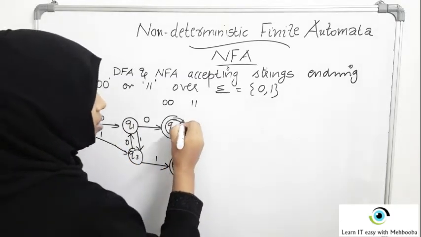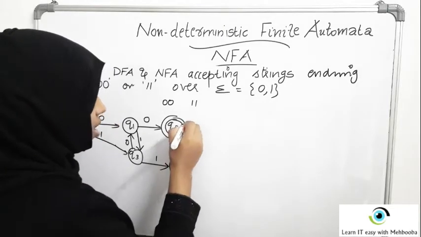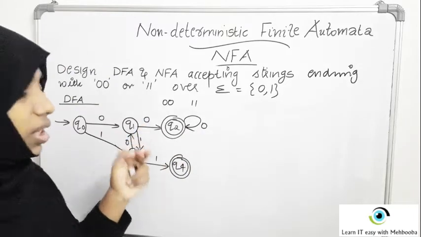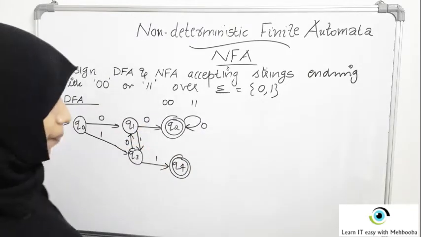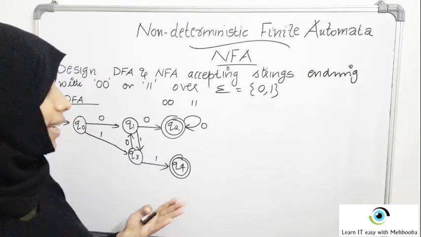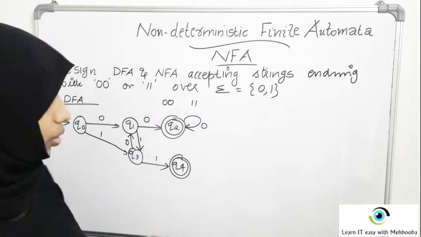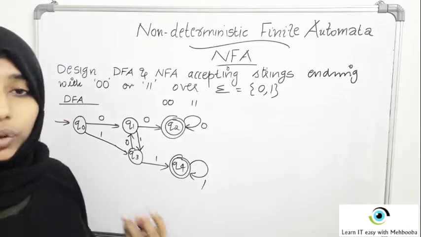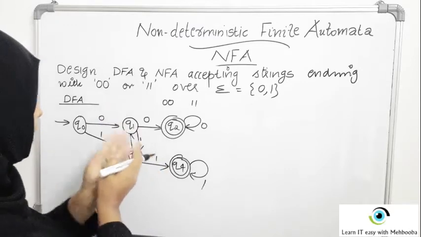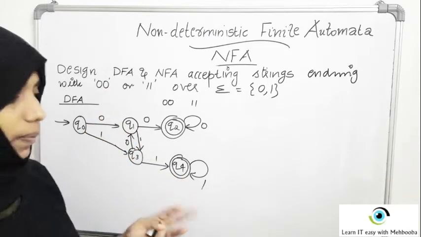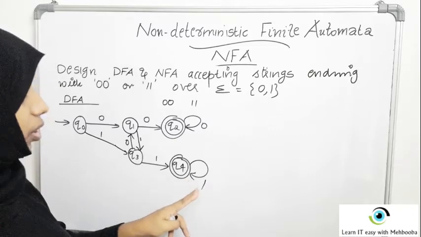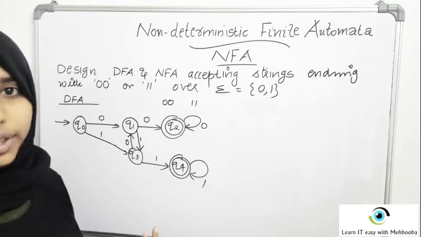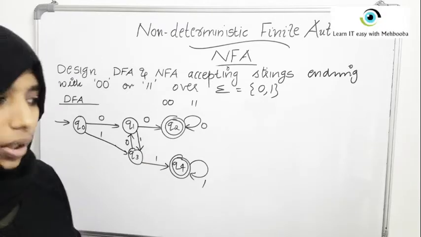Now what if 0 and 1 come in these final states? If 0 comes here, just be happy and stay here, because 3 zeros are still ending with double zeros, isn't it? Or 4 zeros, 5 zeros, or even 10,000 zeros, you are ending with double zeros. No issues. If 1 comes here, the same situation. Whatever be the number of ones, as long as that is more than 2, no problems with this. So if more than 1 comes here, just stay here, because the condition is already met. You have 2 ones at the end anyway, isn't it?